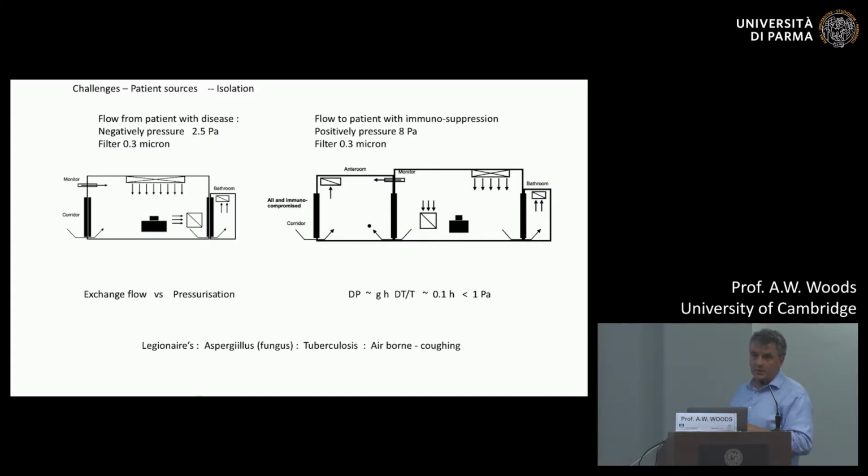And there's two sorts of generic designs hospitals develop. One is where you've got a patient who's got a disease and you don't want any of their infection to escape, and so you negatively pressure the room, and with the negative pressure in the room, then the idea is that none of those droplets can escape. But if you've got a patient who's got immunosuppression, you don't want them to receive any air from outside, so you positively pressure their room so the air goes elsewhere. Okay, so there's two different sorts of design,